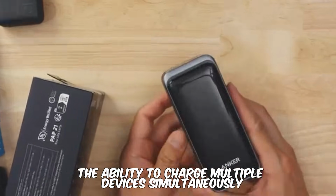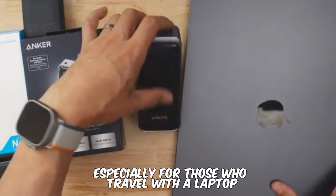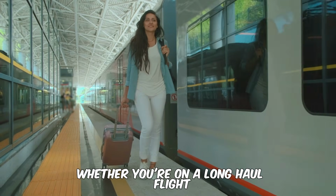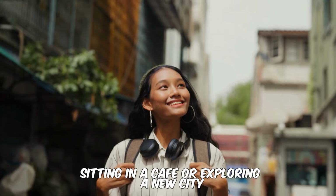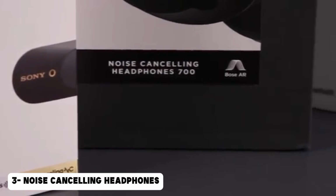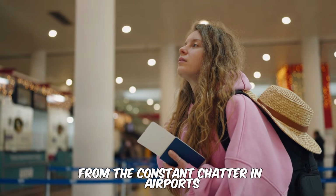The ability to charge multiple devices simultaneously is also a huge bonus, especially for those who travel with a laptop, smartphone, camera, and tablet. Whether you're on a long-haul flight, sitting in a cafe, or exploring a new city, the portable power bank keeps you connected without interruption. 3. Noise-cancelling headphones. Travel can often be noisy and overwhelming, from the constant chatter in airports to the hum of